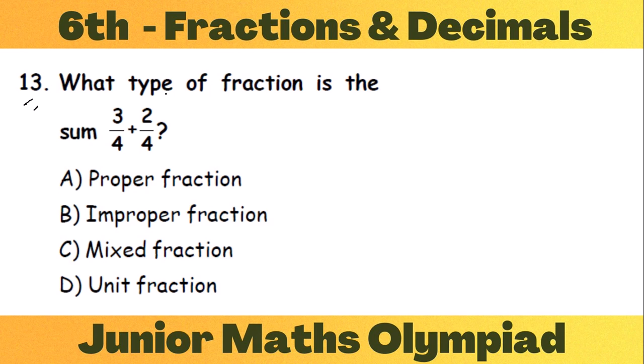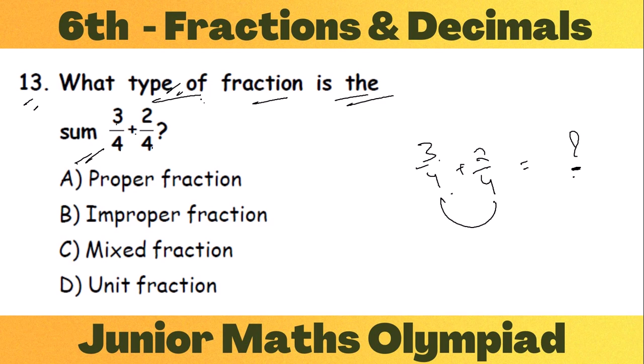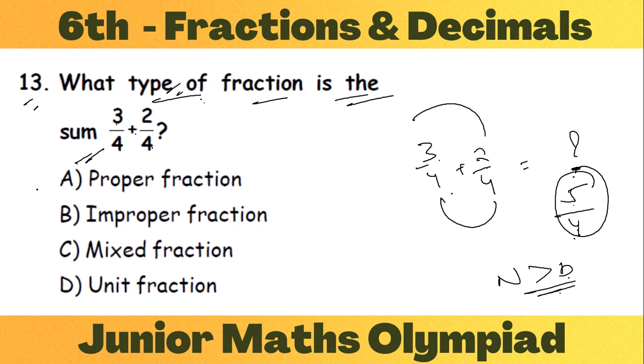Next children, 13th. What type of fraction is the sum 3 by 4 plus 2 by 4? Whatever sum we are getting, which kind of fraction is that? If we add these two fractions, as the denominators are same, like fractions, we can take the denominator as 4 and numerator simply we can add. 3 plus 2, how much? 5. So the resulting fraction is 5 by 4, where numerator is greater than denominator, which is an example of